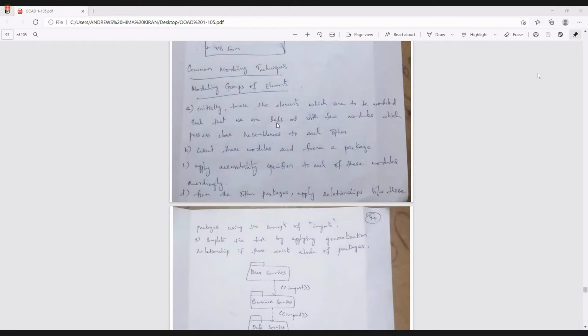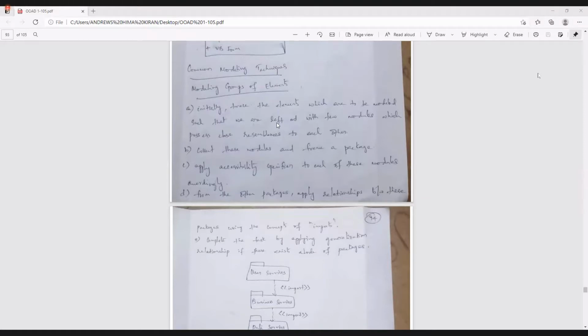Customer has to be there. Next, the bank server has to be there. That is the second element. First element is the customer, and the second element is the bank server. And third element, we can include the security person. And if we want to include one more element, we can include according to our requirement.